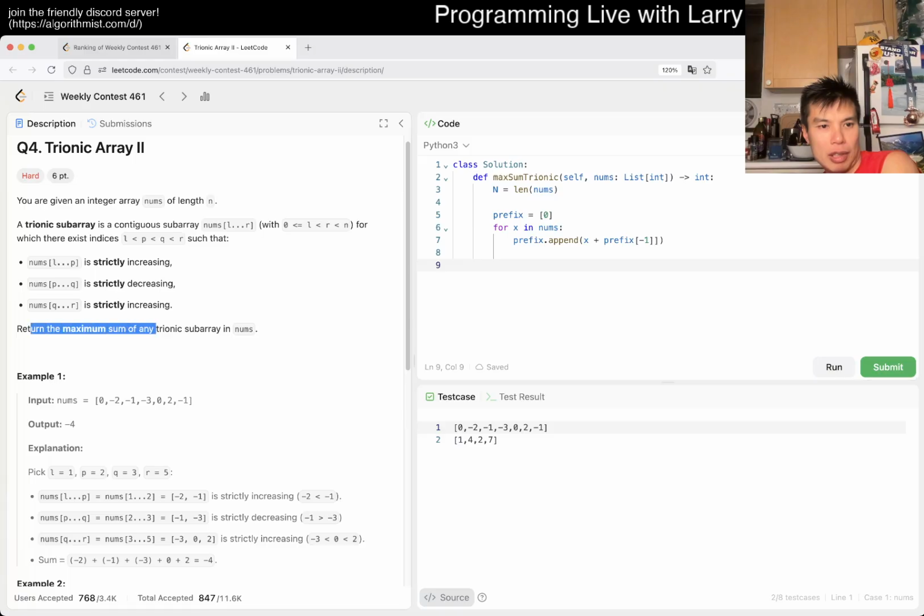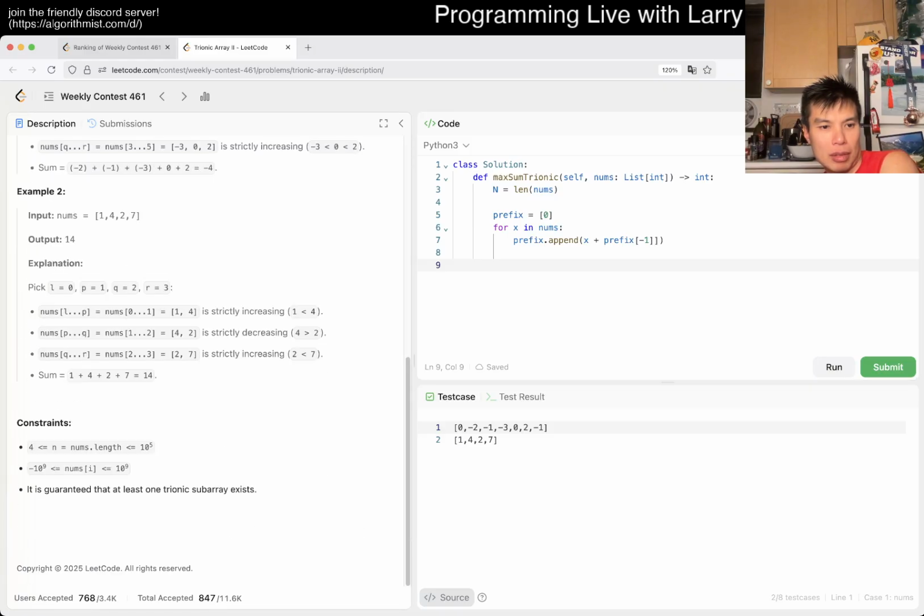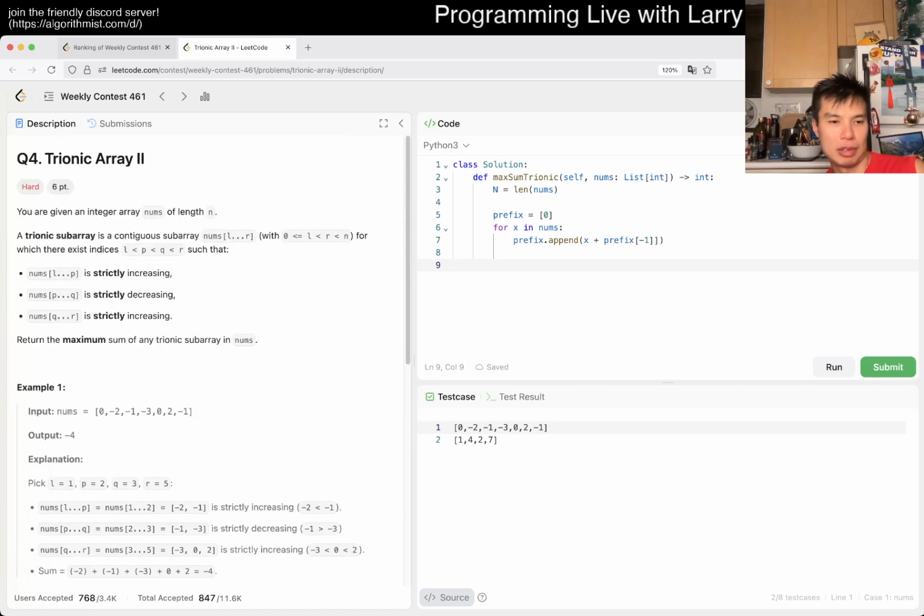Are there always a trionic number? Oh, okay, that's what I was going to say. I mean, I did say yes, but I was like, what? When you return -1 or something? Alright, do I have any ideas? Not at all.